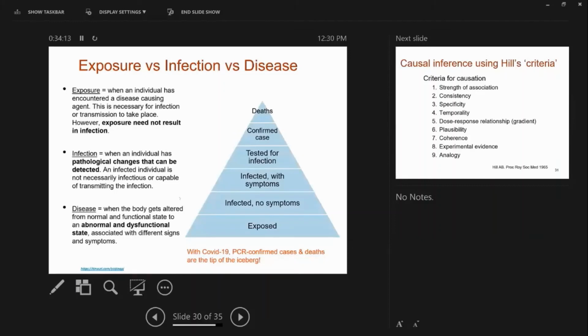It's a tiny piece that is visible, and there's a massive iceberg at the bottom that you're not seeing. For every one COVID death, you're looking at thousands of people who might be infected but not displaying symptoms. And understanding this difference between exposure, infection, and disease is quite important because it totally changes what you're talking